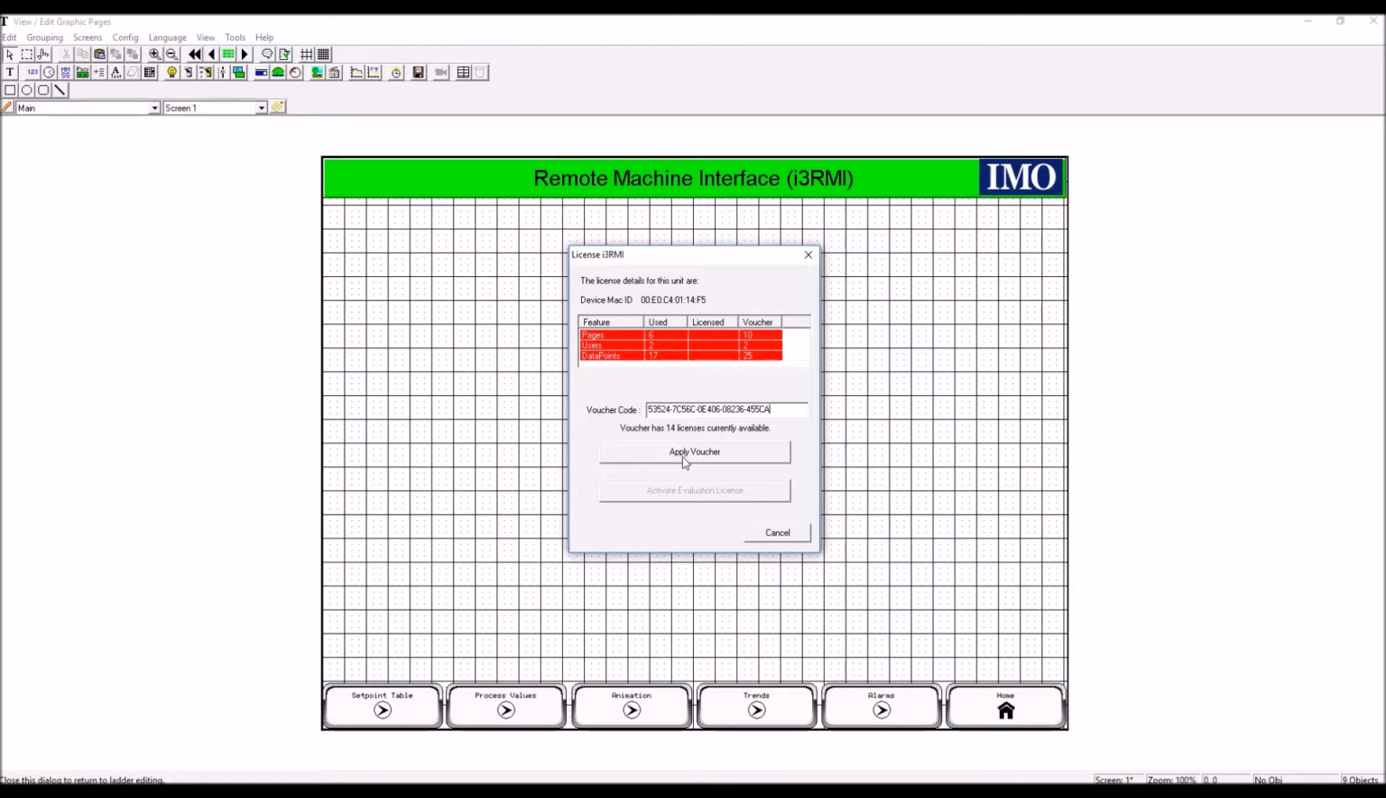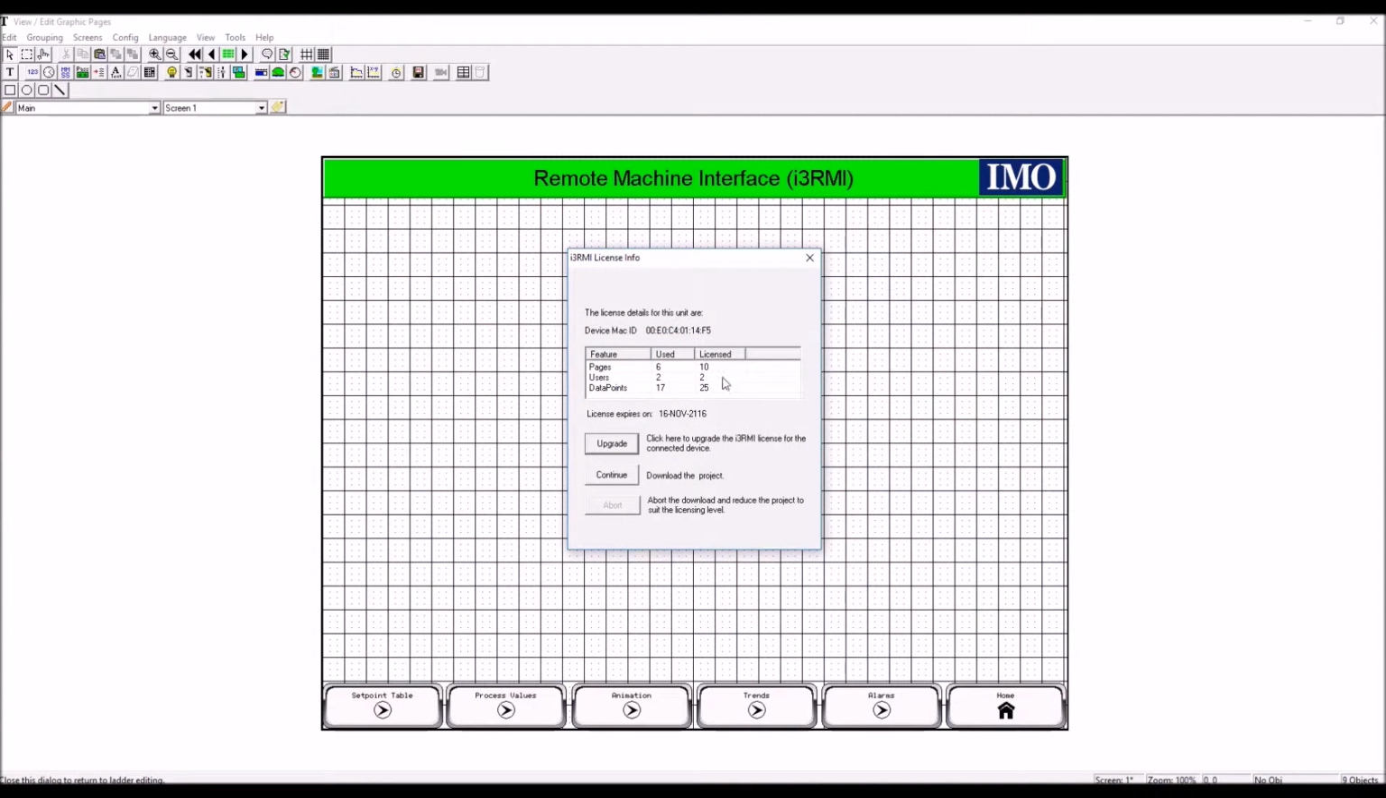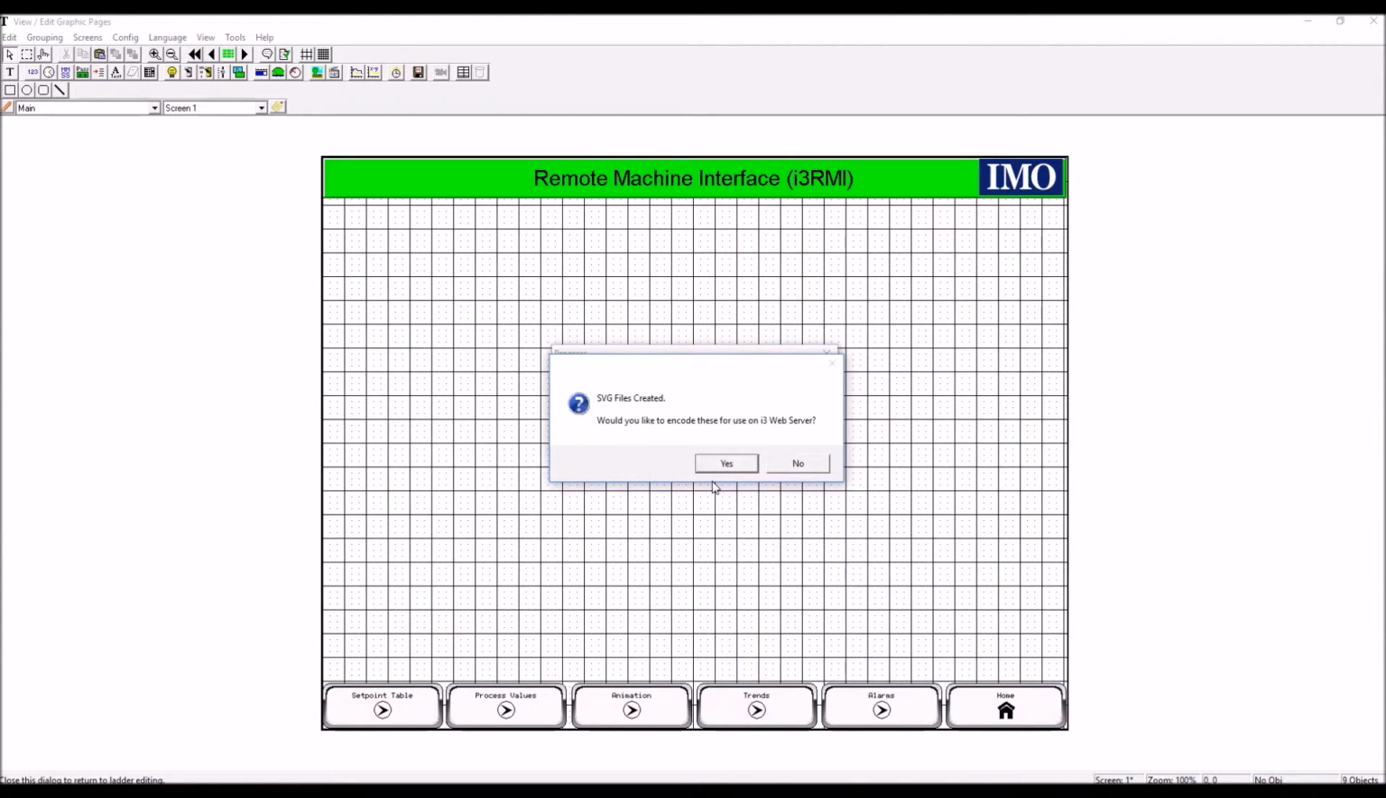and once you receive the email, click on the apply voucher. So it will go to the license server, get the correct code and make sure everything is fine, and then it will say success, voucher code applied successfully. You press OK. So then you will be able to see licensed with how many pages, how many users, and how many data points, and you can continue, and then it will export the pages, and you will be able